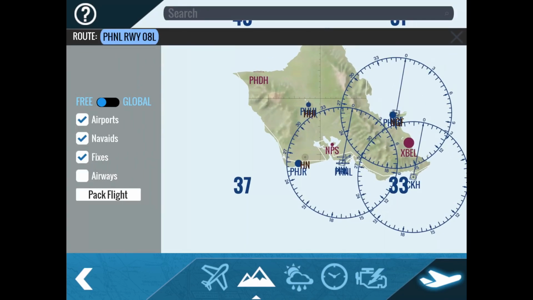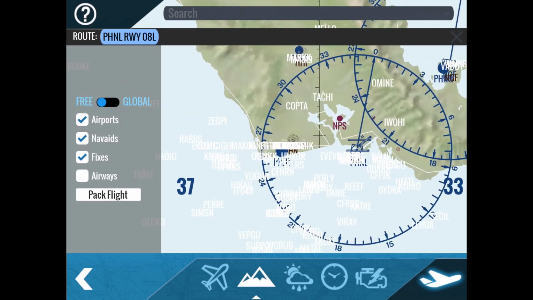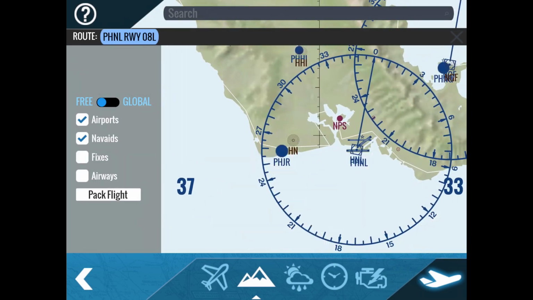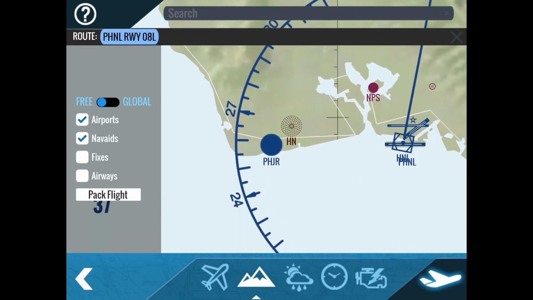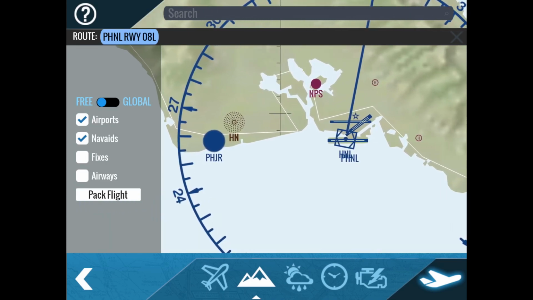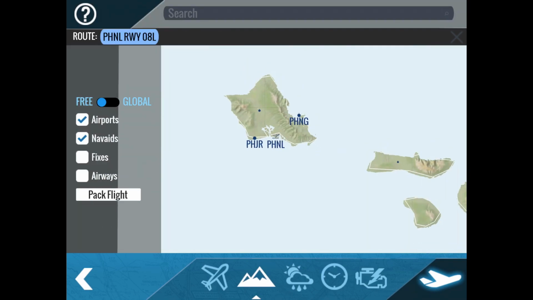A lot of you are saying that when you do flight planning, oh boy, let's get rid of those fixes. There we go. Clear the screen a bit. A lot of you are saying that when you do a flight plan, it's not showing up in the cockpit. I've done some experimentation, and for the most part,